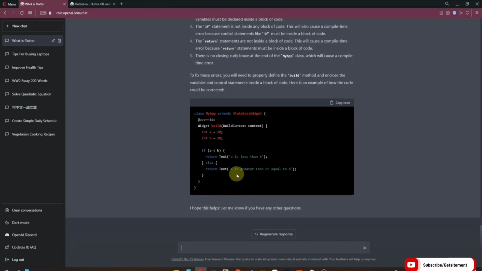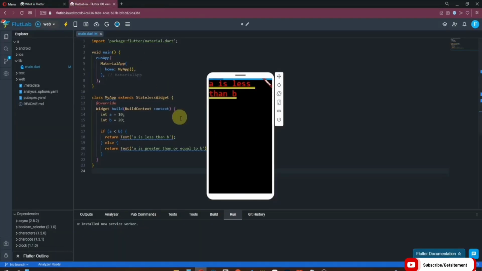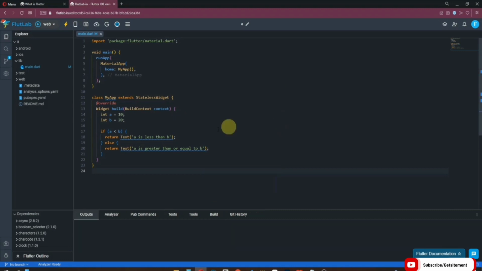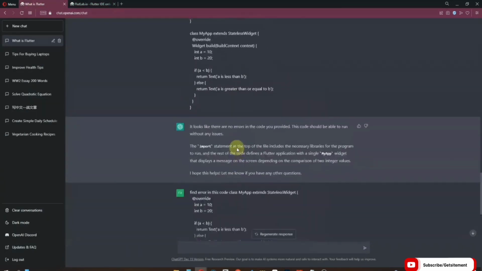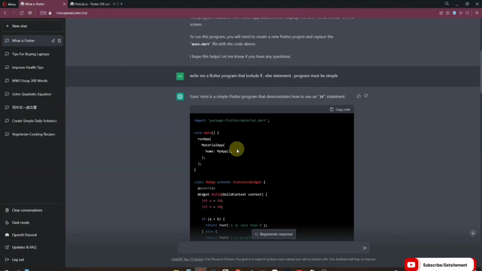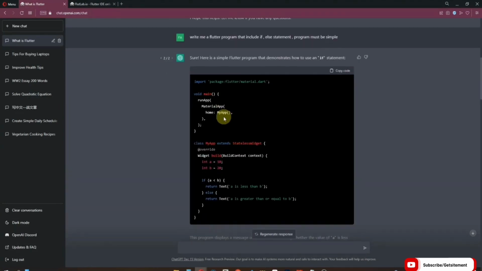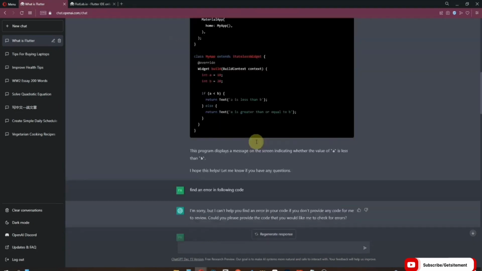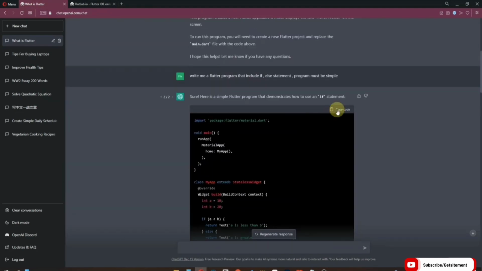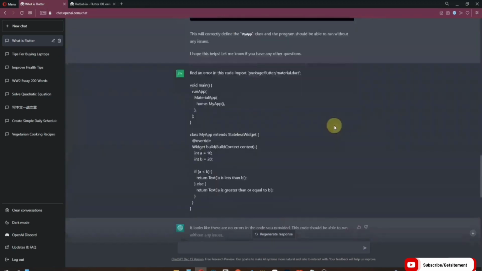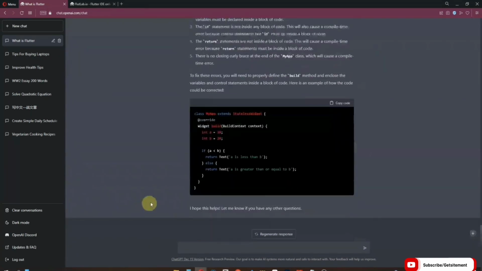So now let's run this code. Let's turn this off. And now as you can see, we got some more error. So I think we are missing main function. So if you scroll up, you can see this is the main code. So it fixed the half code because we pasted the half code. So if we copy the full code, and now this time let's say find error